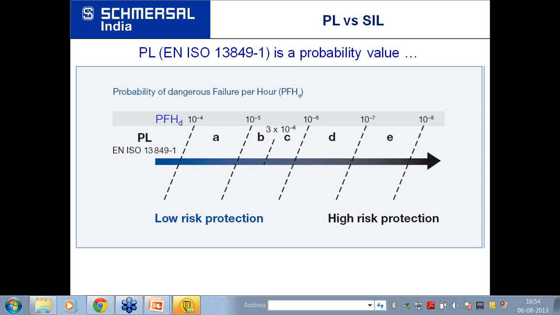EN ISO 12100-1. This is the risk assessment standard. Okay, but you'll have to check whether it is applicable. This risk assessment is applicable more for machines, but in a similar way you can do risk assessment for a process also. The steps would be almost the same. The implementation part will differ.